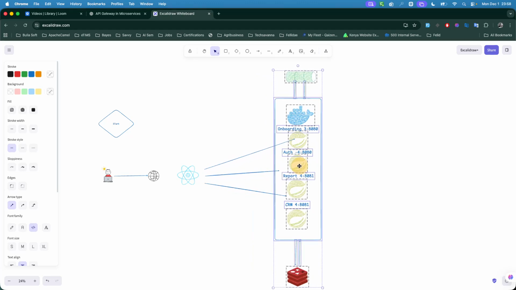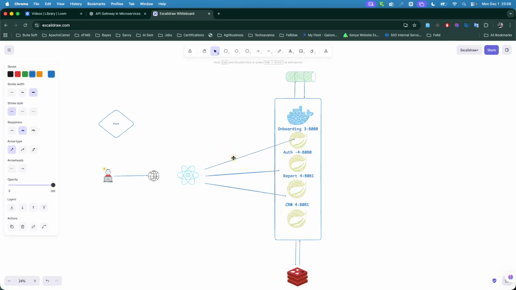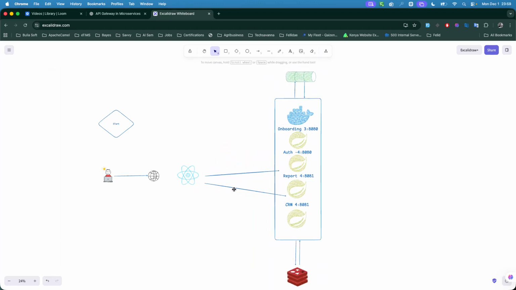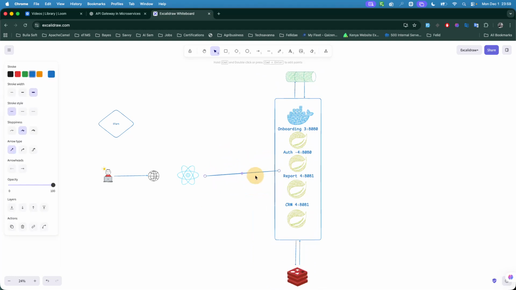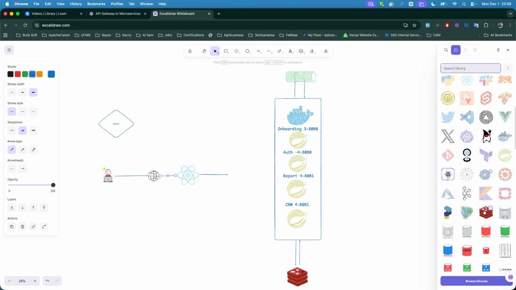Let's say you have a firewall here, and then after your firewall, now you'll do your gateway service before you enter into this cluster of services that you have deployed. So in here, we'll have now the gateway service. So this is the architecture that I'm talking about, whereby you're doing a microservice layout, and then you'll have your